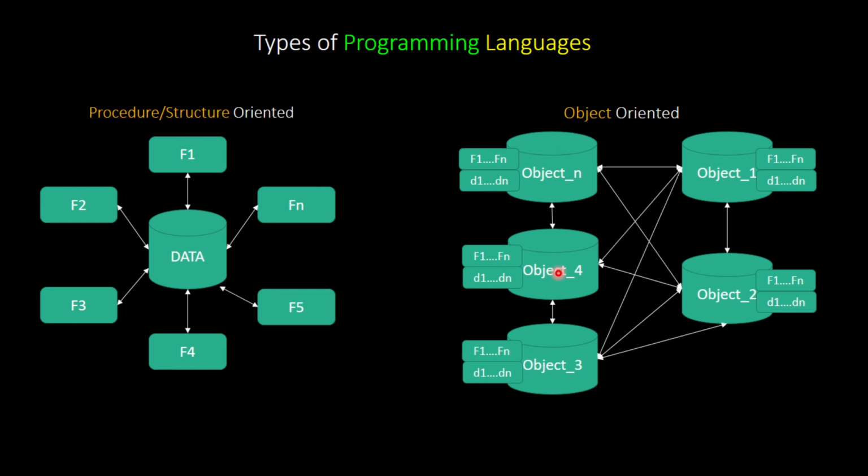The properties of a mic, or the data respective to a mic, is that I can say the color of my mic, the noise factor of my mic, the length of my mic wire, and so on. So each and every object has its own data and its own functionality. And when we try to connect these objects, obviously we create a system. This type of programming strategy is what we call object oriented programming.